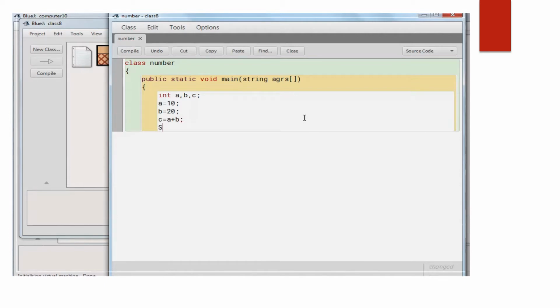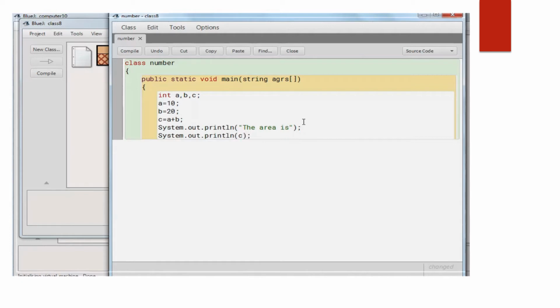After calculation we have to show the output. For showing output we write the output statement System.out.println. Then we display a message here, the area is, and in the next line again we write the output statement System.out.println, and then c.